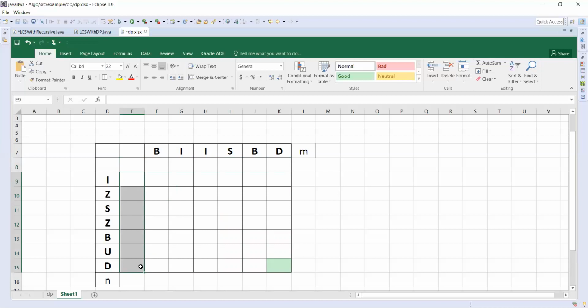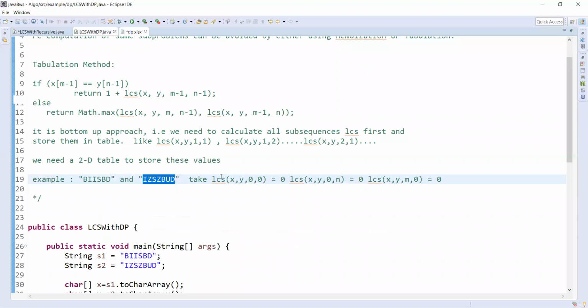Why do we need this? As I mentioned, we need something to start from: if either of them is 0, the value is 0. So we'll start filling this in.